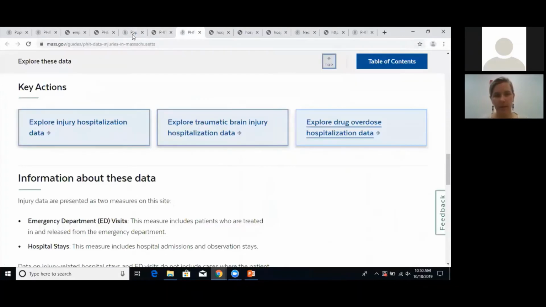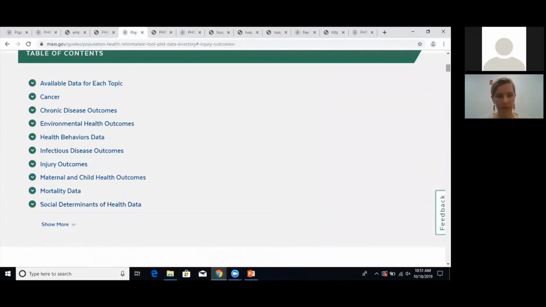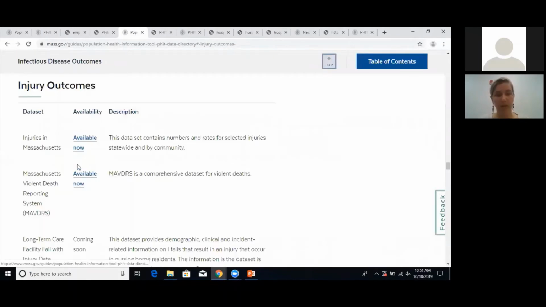So I'm going to go back to the dataset directory, and for the purpose of this webinar, I want to look at overdose, which falls under injuries in Massachusetts. So we would click the available now to go